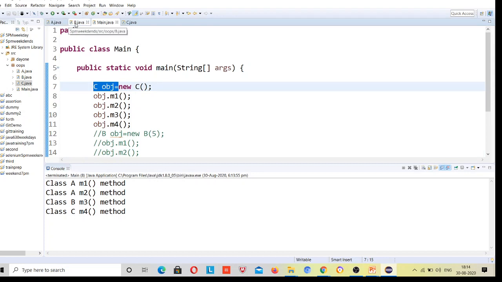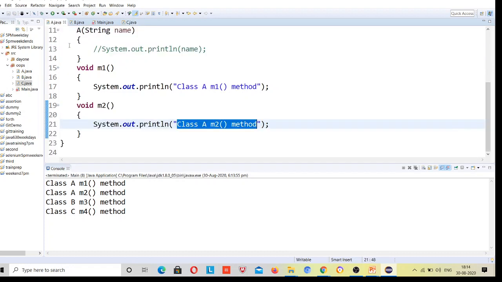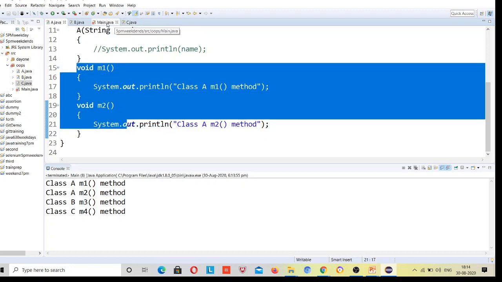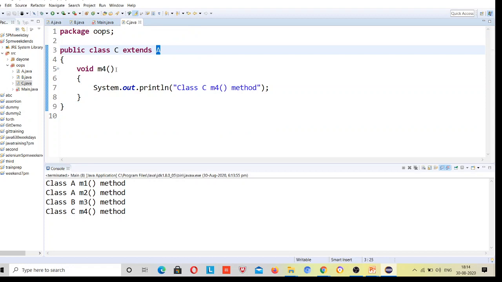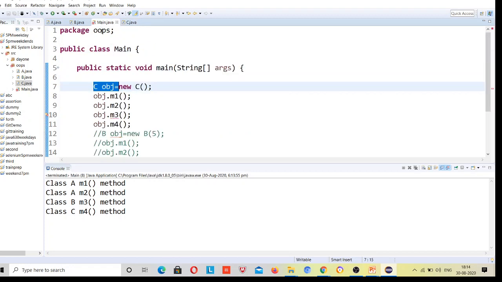Now I'll do one thing. Here I will write extends A. If I write extends A, it will be extending only class A methods, M1 and M2, and class C has method M4, so it will give an error for M3 because there is no such method.